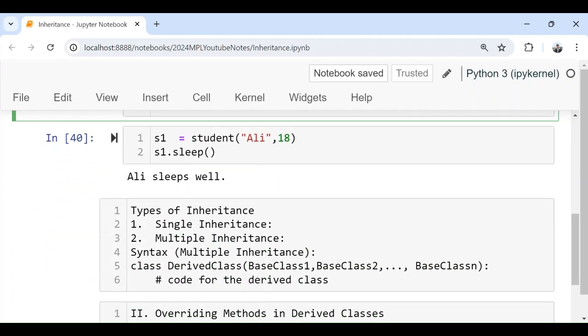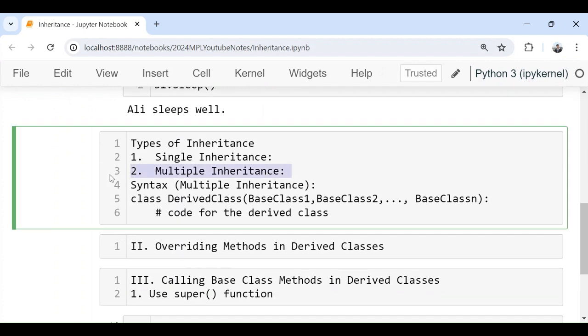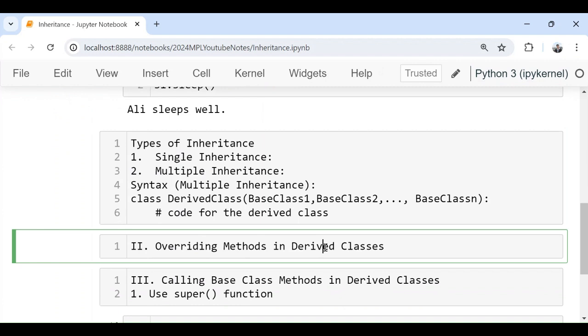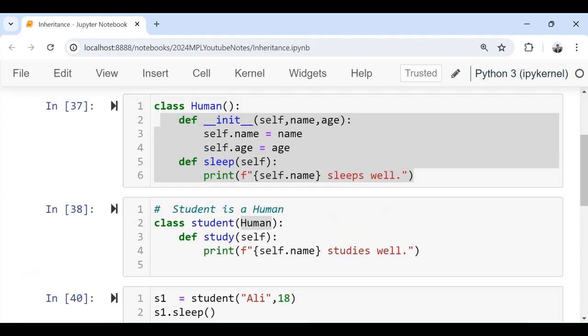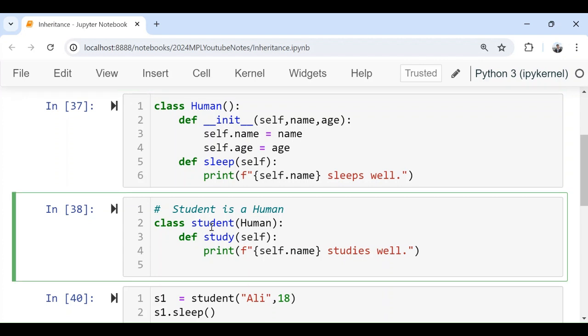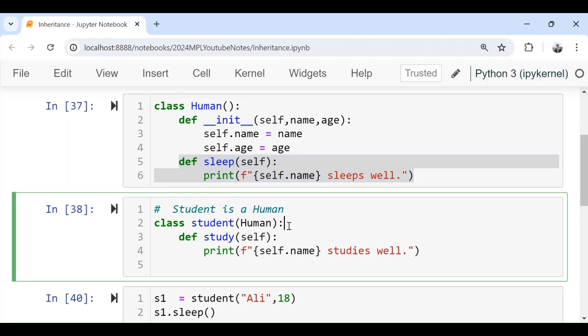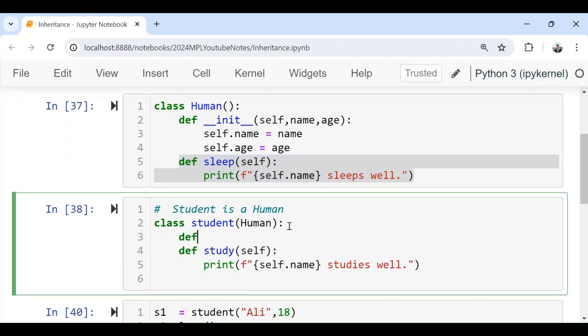So now let's discuss, before going to multiple inheritance, let me discuss overriding a method in the derived class. What do you mean by overriding a method in the derived class? See, here we are inheriting sleep, and we are inheriting name and age inside the Student. But what if the student wants to override this one, or the student wants to have a method of sleep for himself? So he will write sleep and